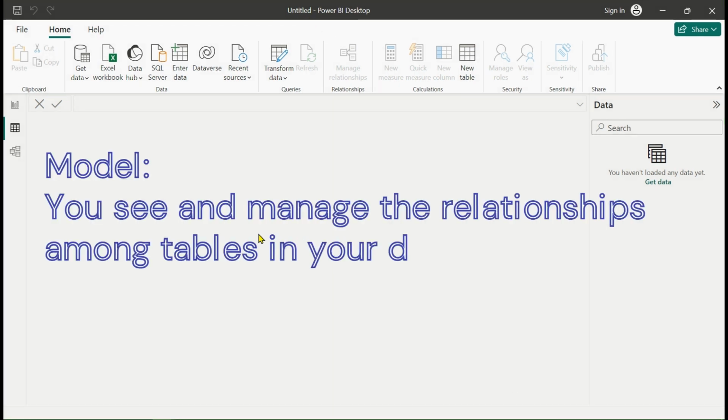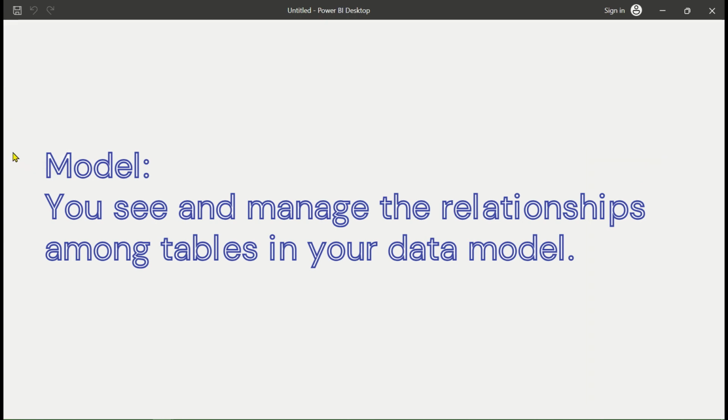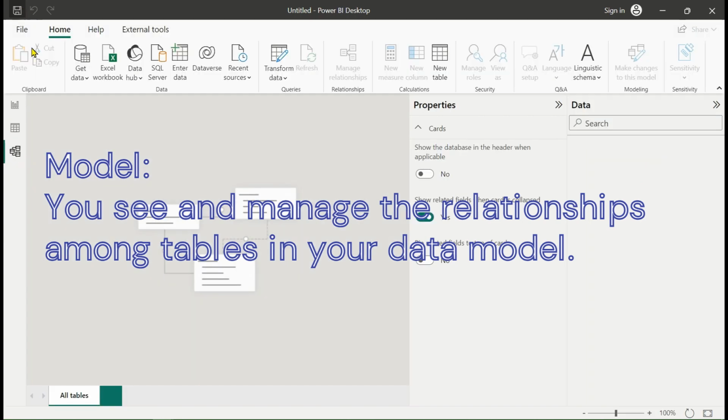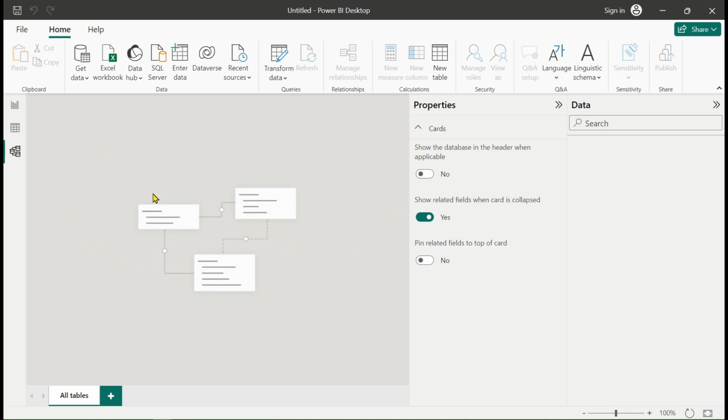After that we have the third, Model view. Simply I click here. Here we can create relationships among the tables in our data model. So these three are the main points. So let's we